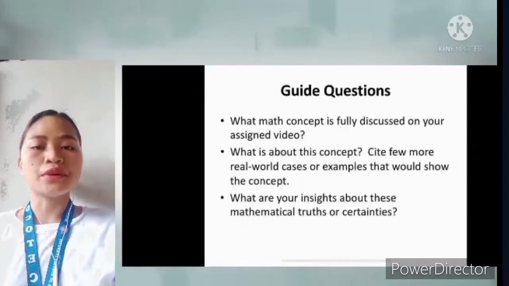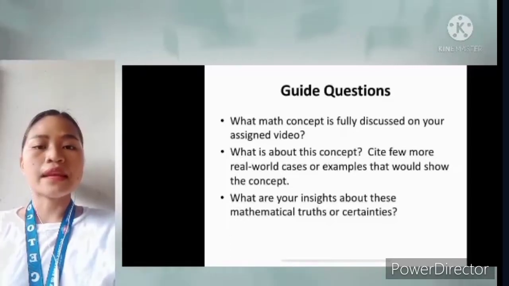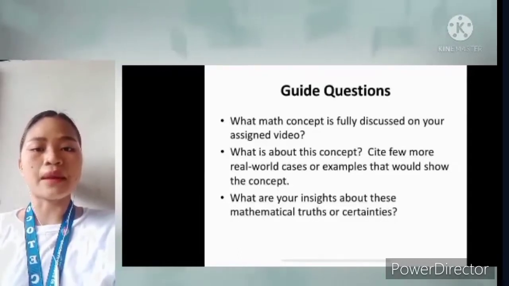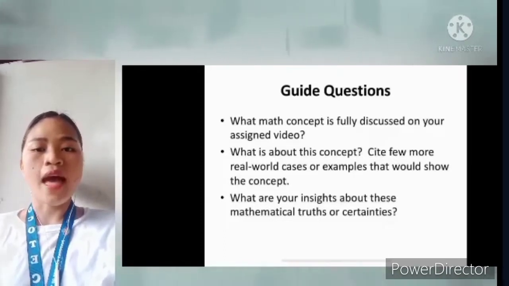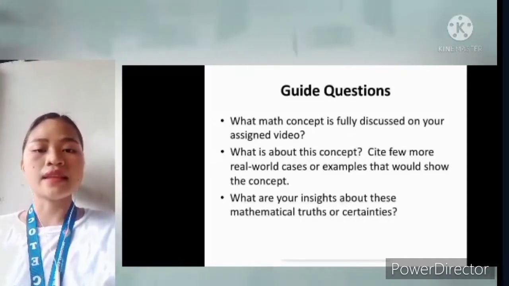Cite more real-world cases or examples that would show the concept. Tessellation. Tessellations are shapes that are arranged and fitted together closely. It primarily consists of polygons that are repeated in a pattern without gaps or overlapping. Real tessellations can be found all over. We find tessellation in architecture, art, hobbies, and many other everyday surroundings. Some examples are origami, oriental carpets, quilts, and lighting.